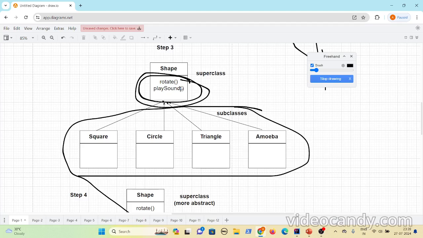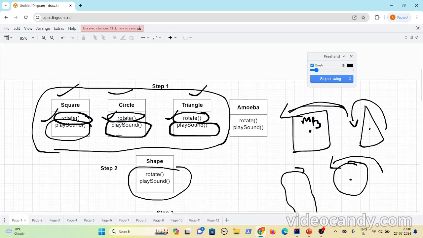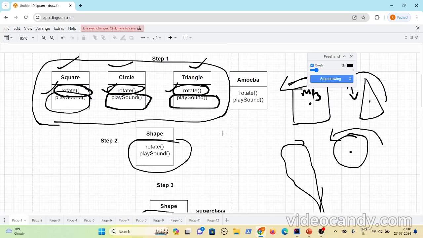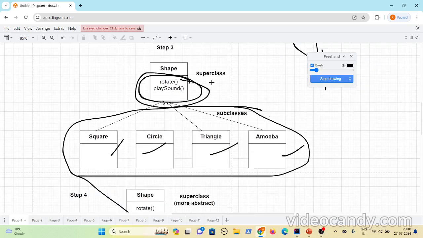If you take any class, what are the members present in it? They are the instance variables and the methods. So square, circle, triangle and amoeba are all subclasses of shape, and whatever logic is present in the superclass can be automatically used. So what benefit do we have? Before, you defined the same logic in 3 different classes, but now you have defined it in a single class, and that is reused by everything.